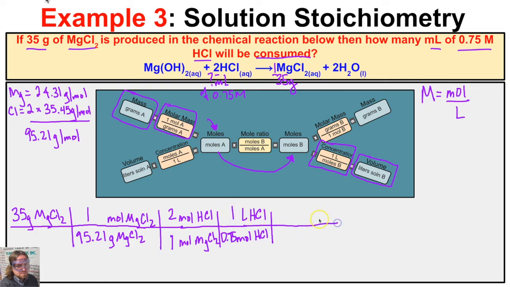And in the very last step, what we need to do is cancel out the liters of HCl and convert to milliliters of HCl. If we read our question carefully, it's asking to figure out the milliliters of our hydrochloric acid. And so we know that there's 1,000 milliliters in 1 liter. So we just take our calculator out, we take 35, and we're going to divide this by 95.21, multiply by 2, divide by 0.75, and then multiply by 1,000, and we're going to end up with 980